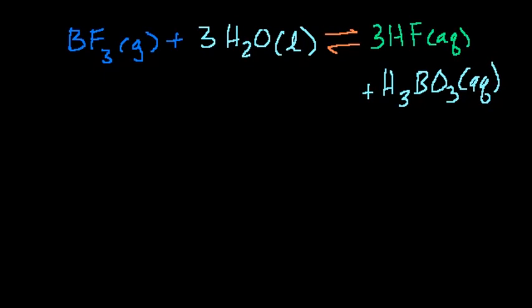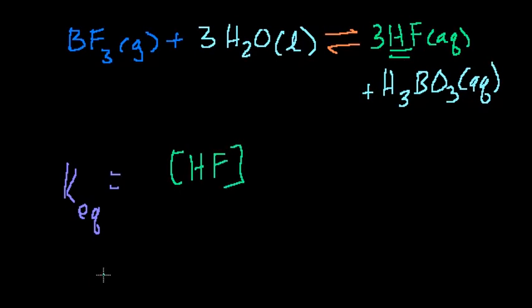So you might be tempted to say, okay, that's easy enough, Sal. You just take the equilibrium constant. You just take the right hand side. That's just the convention. I could have rewritten it either way because there's symmetry here. But let's just say you take the right hand side and say, okay, this is dependent on the concentration of the hydrofluoric acid. The concentration of the HF, or the molarity of the HF, to the 3rd power, times the concentration of the boric acid,